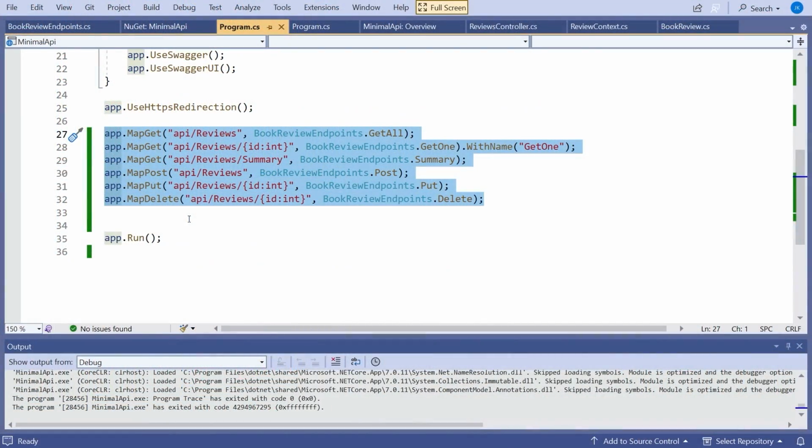That said, if you've got more than one entity type, the sort of thing where you'd have had more than one controller, then all of this mapping can get a bit cluttered, because you'd have all of the mappings for the reviews, then all the mappings for the customers, all the mappings for the authors, whatever it might be. So we'd also possibly like to extract that out into a separate class as well. So let's go about doing that.